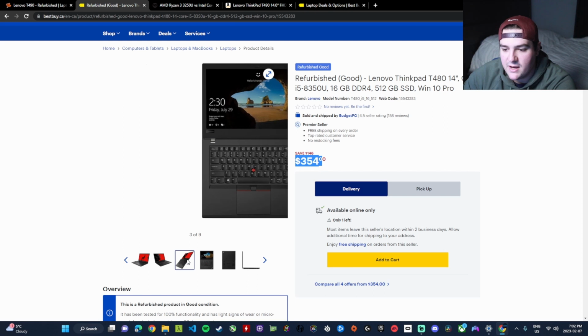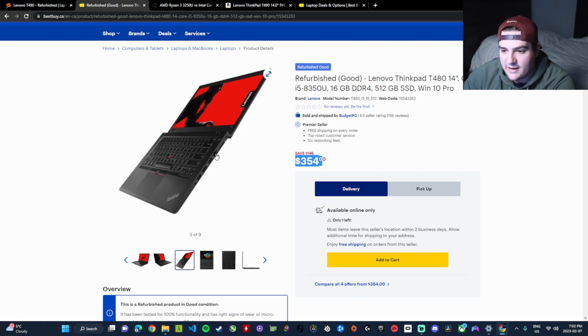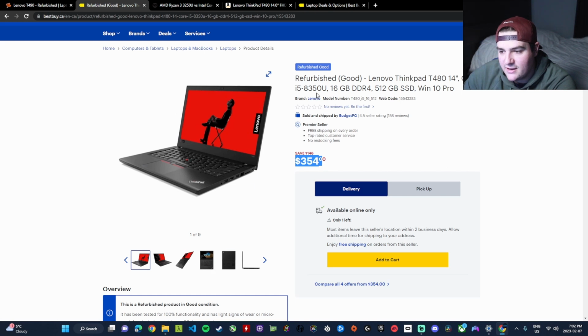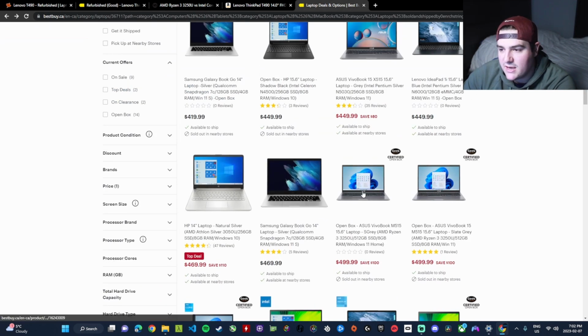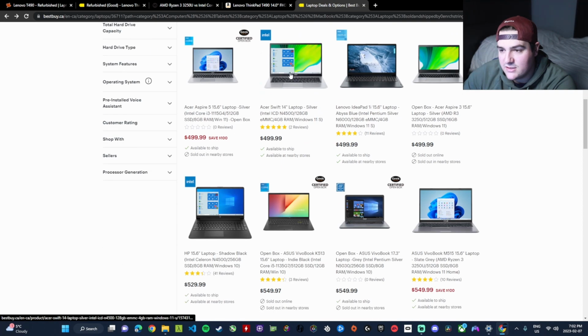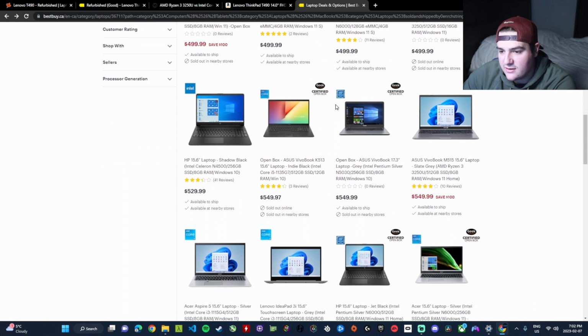You'll probably get them cheap now as well. You get an Ethernet, an SD card slot, USB Type A, HDMI on board, another USB Type A, and then a headphone jack. If you've got $500 and you want to buy a laptop, I would definitely stay away from any of these